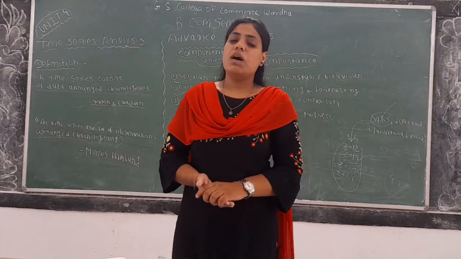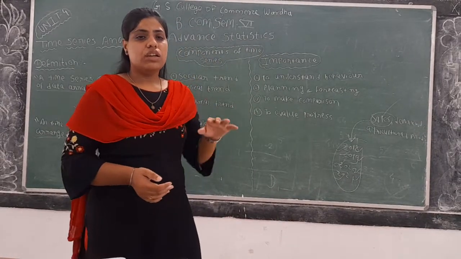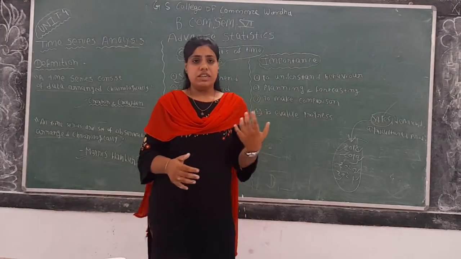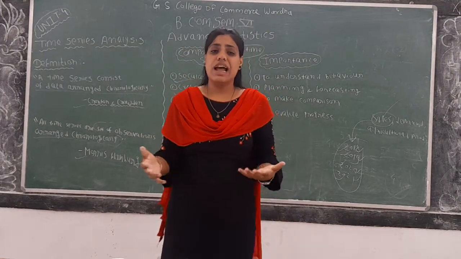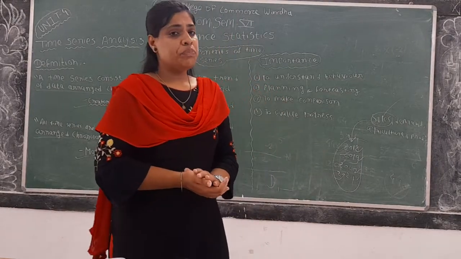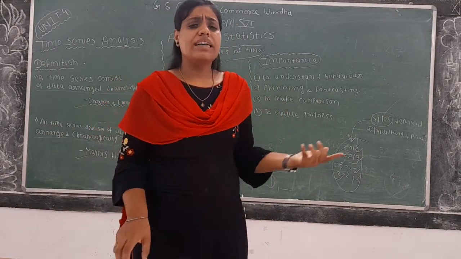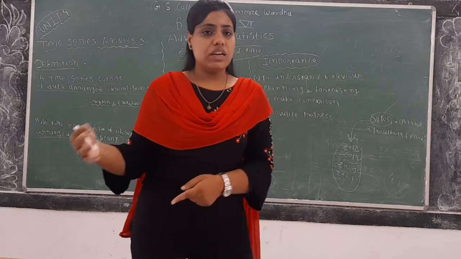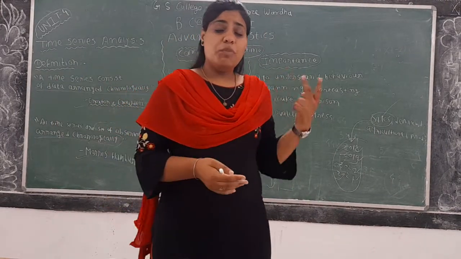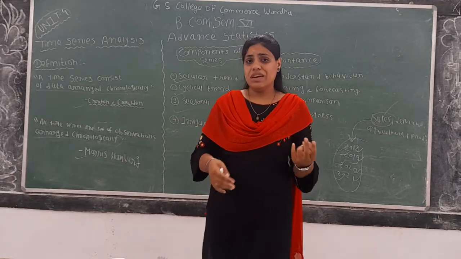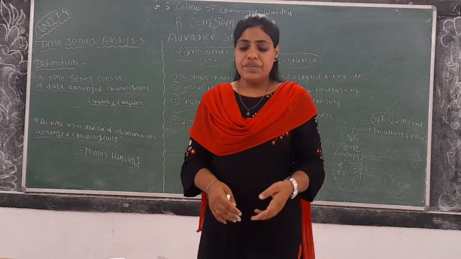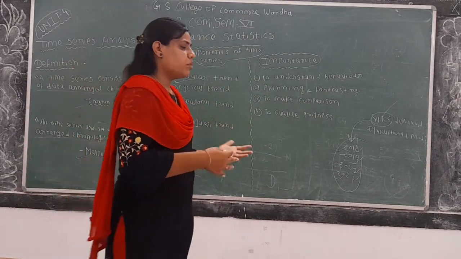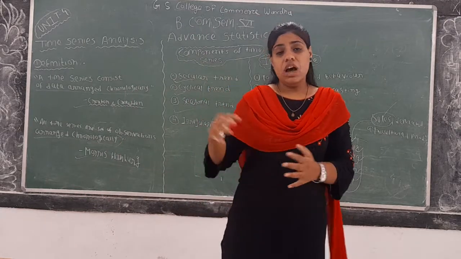Okay, and when we talk about the downward trend, when the data for the particular item goes on declining as we move further, as we progress further, for such data we say that the data is showing the downward trend. Okay, so what could be the items for which we can see the upward trend? Basically, for the production of a particular industry we see upward trend. For the population of certain countries, especially the developing countries, we see the upward trend. Then for the sales prices or the demand for a particular commodity in a particular industry, we see the upward trend.